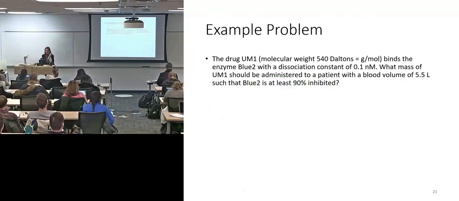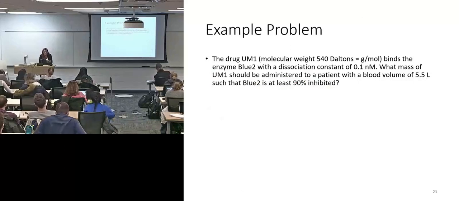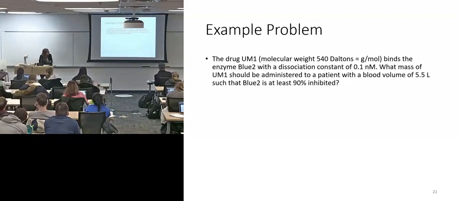So here is another example problem that you should take a minute and solve with some people around you, okay? Drug UM1 with molecular weight 540 Daltons, which is grams per mole, binds to enzyme BLU2 with a dissociation constant of 0.1 nanomolar. What mass of UM1 needs to be administered to a patient with a blood volume of 5.5 liters so that BLU2 will be at least 90% inhibited, okay? I will go ahead and tell you right now that yes, you can use 90 exactly to do this, but we learned a really easy, quick jump ahead that gives you 91. You're free to use it. One of the questions